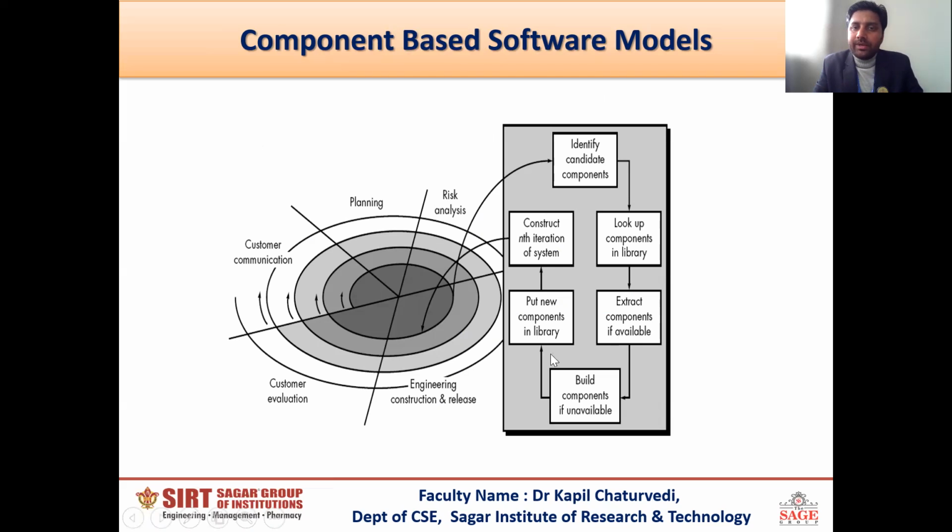That concept is discussed in the component-based software development model. Basically, that model says the concept of reusability is very important in the software industry to save the cost, effort, and time of software development.